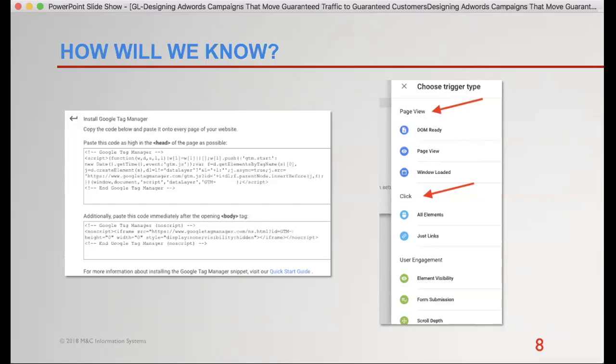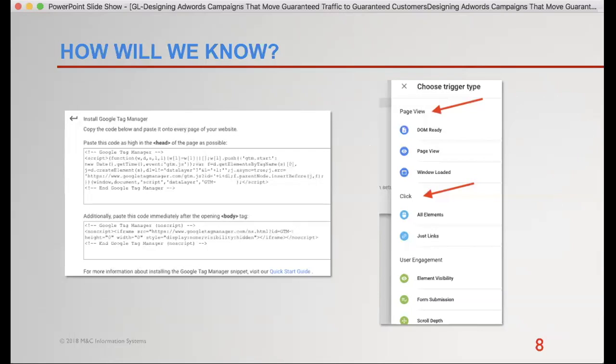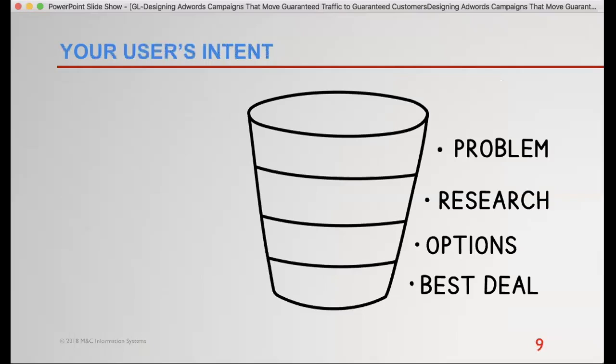So AdWords is heavily dependent on our ability to track, even though it will never be perfect. We'll never be able to track 100% of everything that comes in. If we have an idea of what success looks like, right? Going back to this, do you have a picture of what that looks like? Eventually, along the way, we can use these tools to make sure that we're making progress inside of AdWords. So far, a lot of this stuff I've talked about doesn't really have anything to do with AdWords, right? It has to do with everything that is around AdWords.